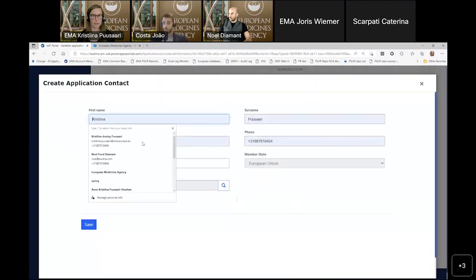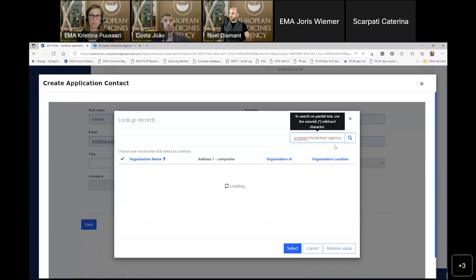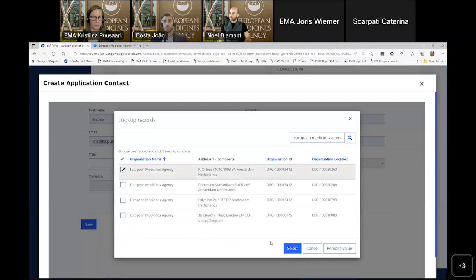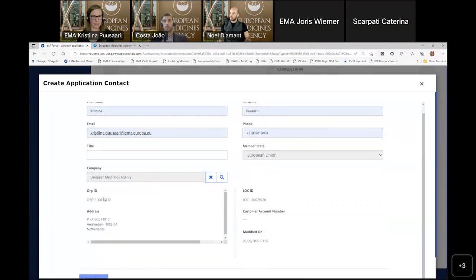So let's not spend too much time on this. And we can then select the company again here. And here you have to use OMS, so it is not possible to manually enter these details. And if you want to search, you don't have to type the full name, you can use the asterisk as a wildcard. Searching, hopefully the organization will appear soon. Go, I will select that, and we move forward. And I'll save.